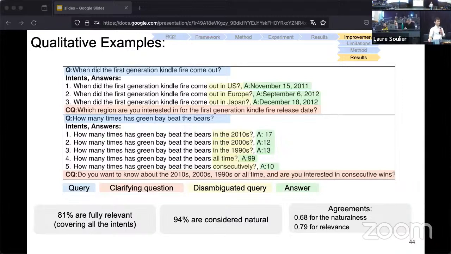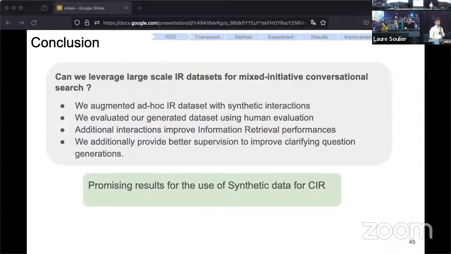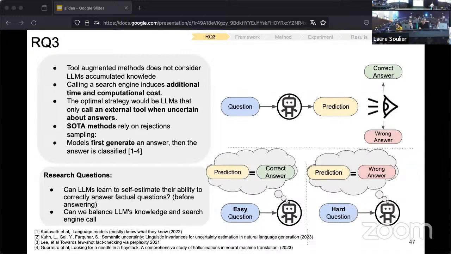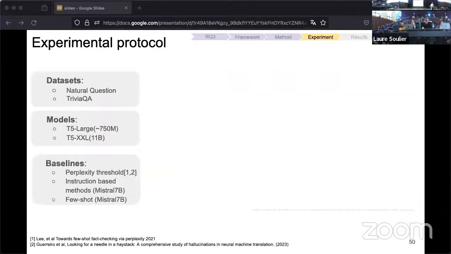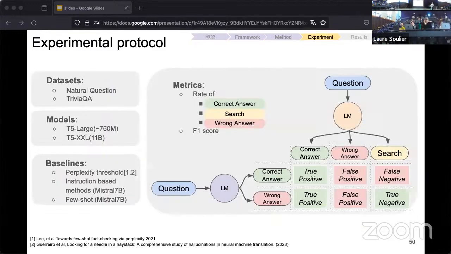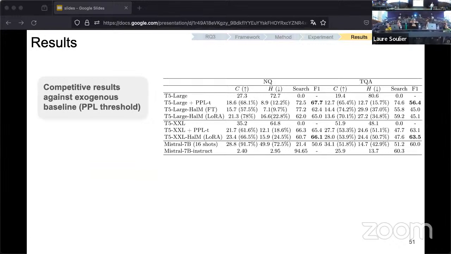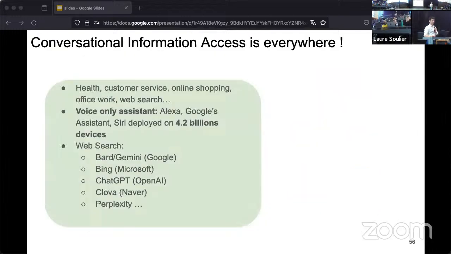And maybe a last question. During this last set of experiments, you compare what you obtain with respect to a baseline, and the baseline is based on perplexity and a threshold. And once again, the main question is: is the perplexity threshold a good evaluation criterion, a good decision criterion? Let's say differently, is it a very weak baseline or not?